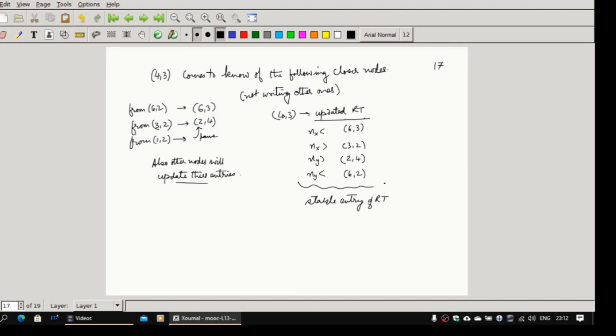Now this is how the new nodes get inserted. When they get removed, again those entries are punched out from the tables and replenished by the better entries when the routing table exchanges are happening.